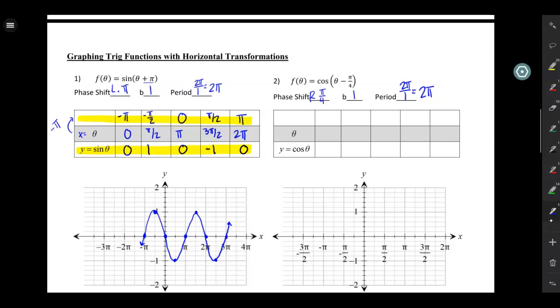So let's go ahead and get down my parent function values for the cosine. Make sure when you're doing these that you are really careful to use the cosine or the sine depending on what the problem is. Okay. And since I'm shifting to the right pi fourths, it means that I'm going to add pi fourths to all of these